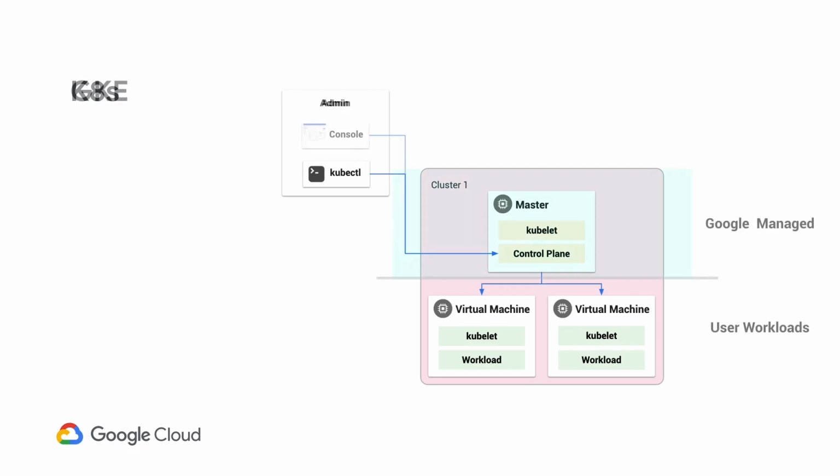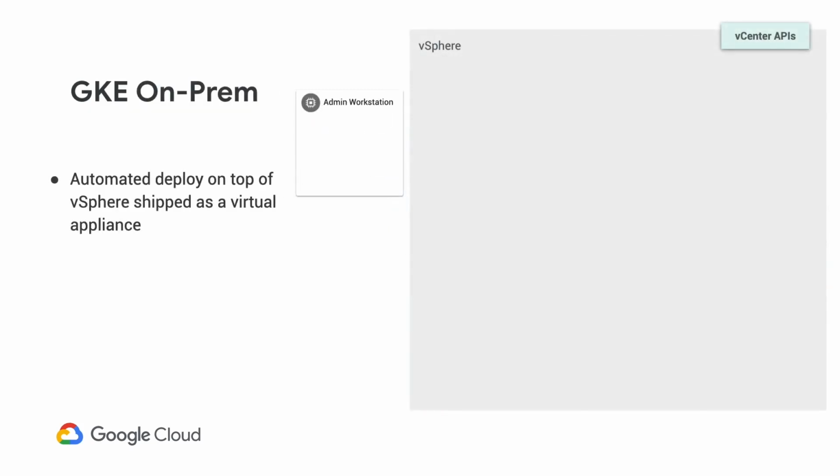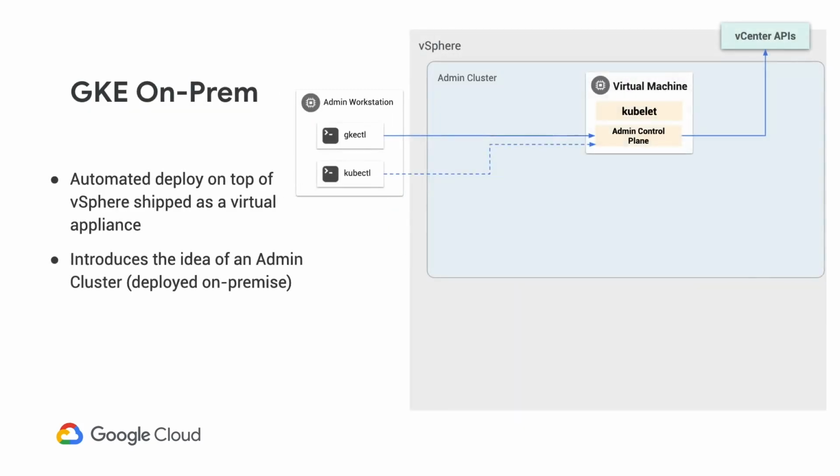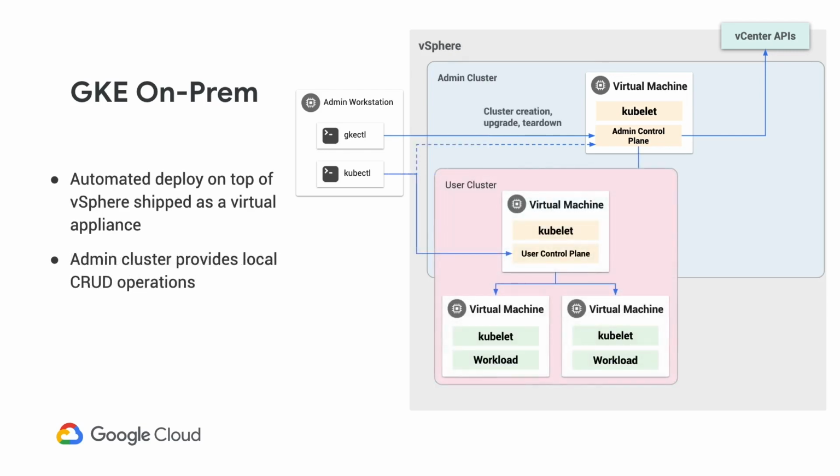When you use GKE, you still can use kubectl, and it will still work with your GKE clusters, but you also have this interface in the Cloud Console where you can administer it that way. Again, using the same APIs. Now, things change when we go to on-prem. So when you go to GKE on-prem, we have an admin workstation, and you use the gkectl command to talk to this new type of cluster called an admin cluster. Now, this admin cluster is responsible for creating your clusters for you in your environment.